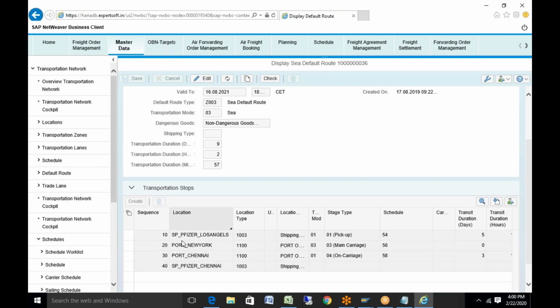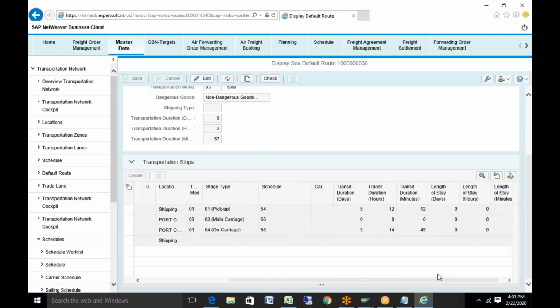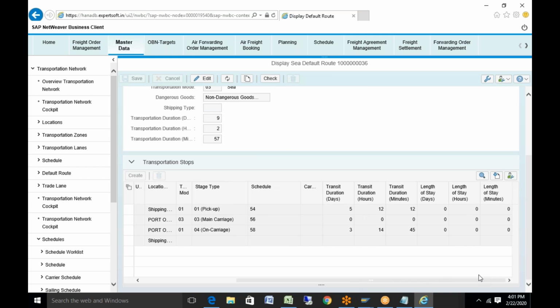In that case, you put in the stages you want, so I put in two other stages, port and port. You can specify the mode of transport used for each leg, and accordingly the mode of transport will get updated. In case you are using any schedule, you can also put in the schedule number. The transit duration is per stage: how many days, hours, and minutes it takes to move from one point to another.